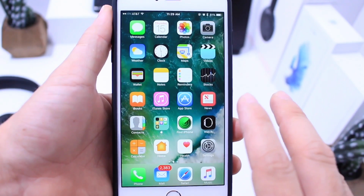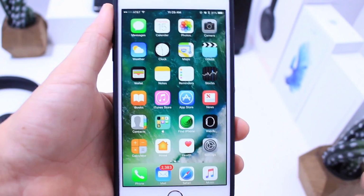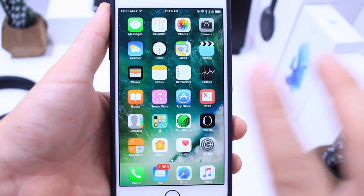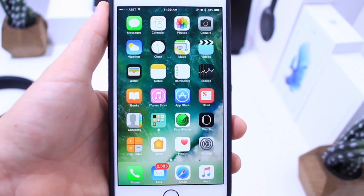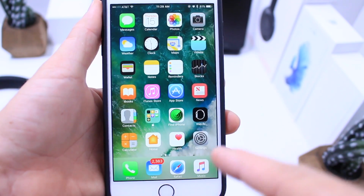And I'm sure a lot of you guys are enjoying the new software, but if you could get better battery life from the software, would you? Well, in this video, I'm going to show you all my tips and tricks that allow me to get an additional hour, or 2 hours in some cases, of battery life from my device running iOS 10. So let me go ahead and show you some of the tricks and tips to help you improve the battery